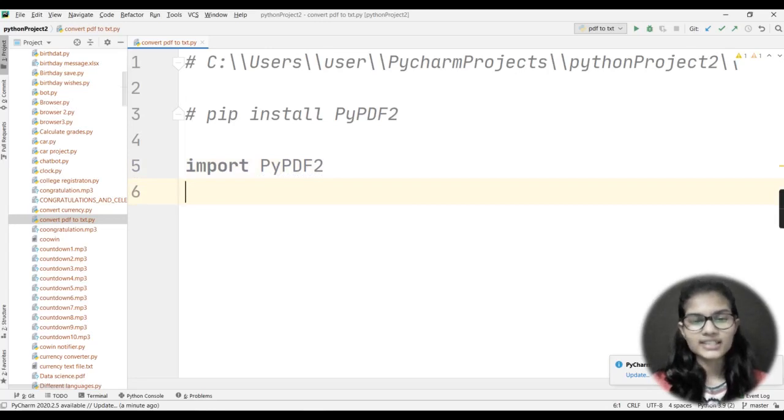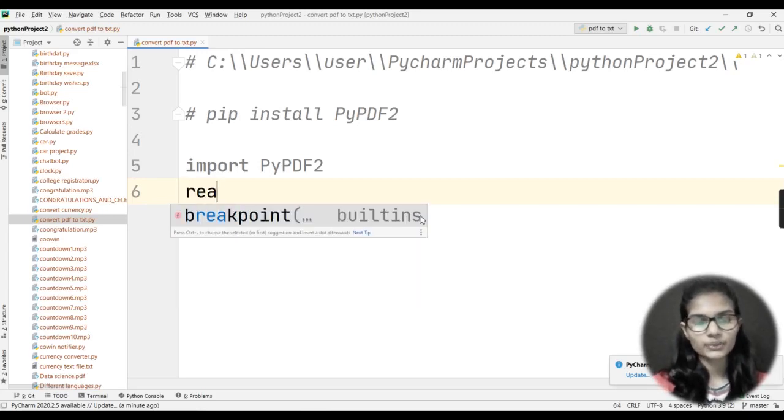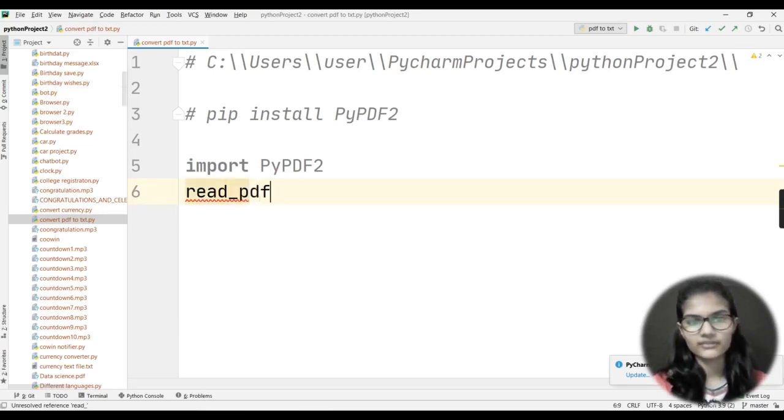Now, in this next line, what I'm going to do is first open my file and read that PDF file in the RB mode. RB. Okay, this is the mode which I'm going to use. So for that I would use read underscore PDF. Let's say this is the variable name that I am making. Variable names totally depend on you, what you want to make, what you do not want to make. But for me, let's say I'm making read underscore PDF.